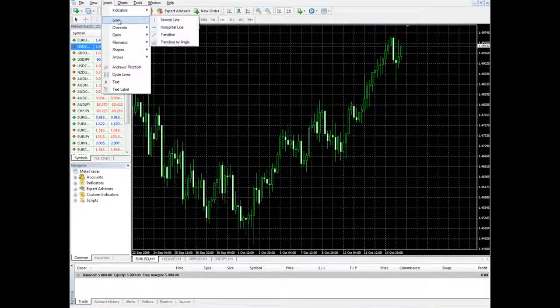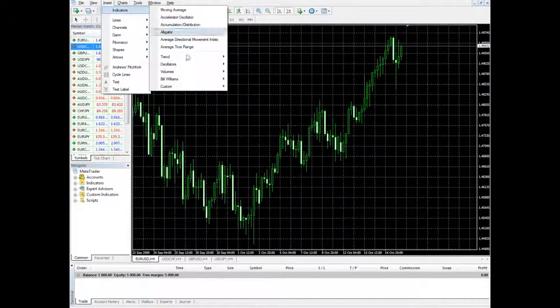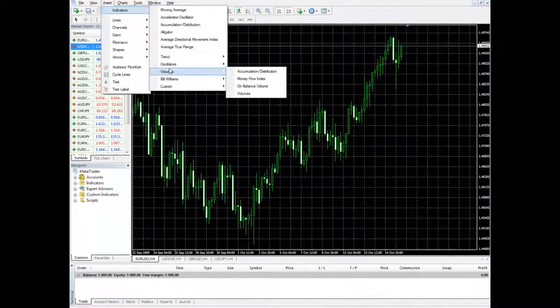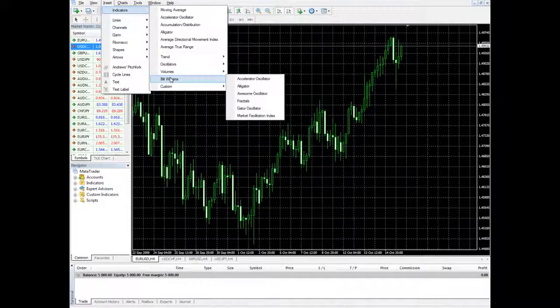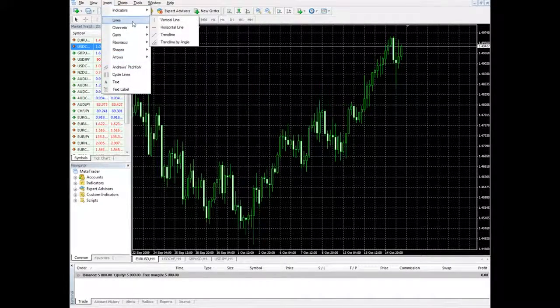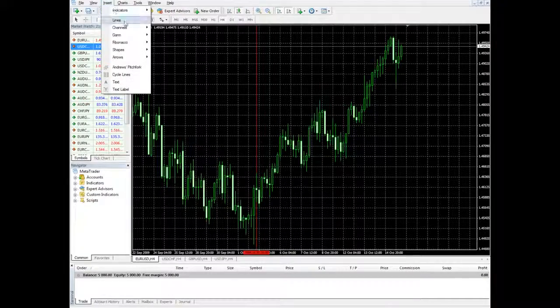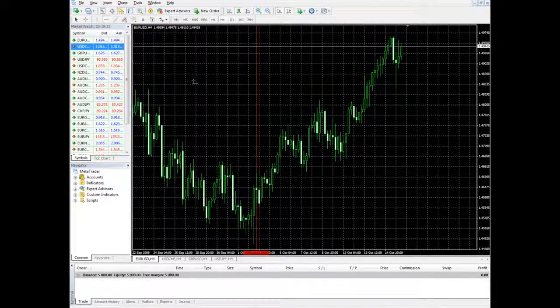And we can go back here to lines. As you can see, indicators, we've taken a look at all these. You can do custom ones as well. Volume, oscillators, Bill Williams, the alligator, fractals. Come here and do lines. You can do a vertical line, for instance. Vertical line with the value right there of the date. Pop down and do a horizontal line. If you want to do a horizontal line,